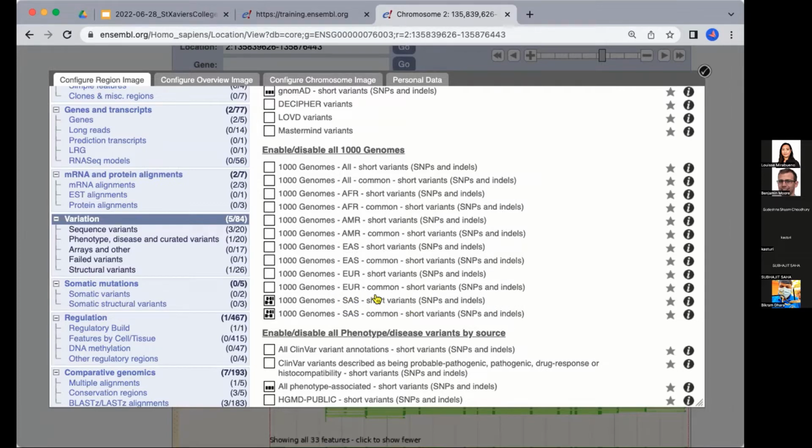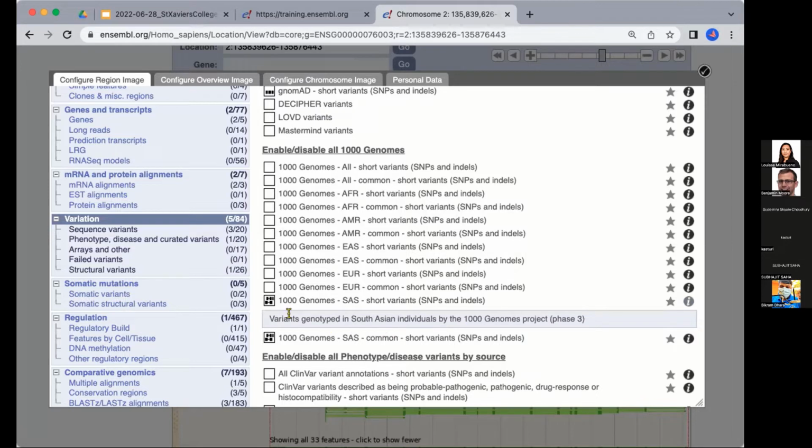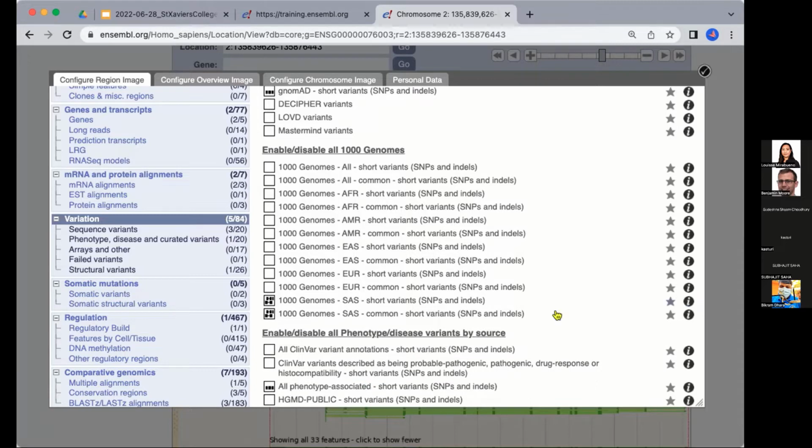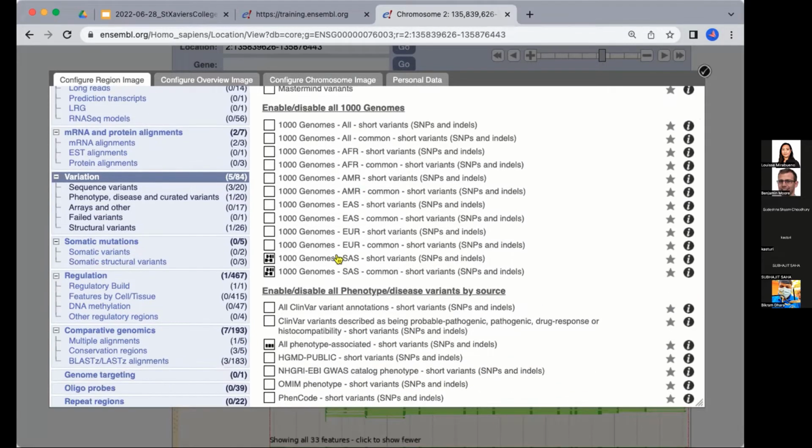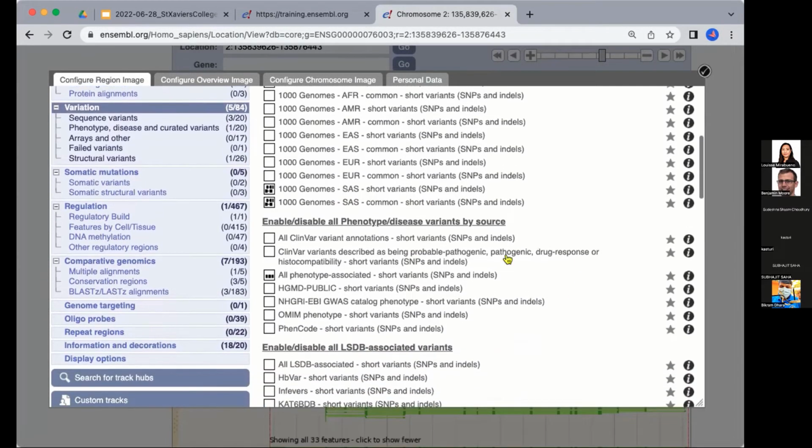If you're not sure what the track represents, or if you need a description of the track, there is this eye icon on the far right. And if you click that, it just gives you a little description of what data you can find in this track. If you click that again, it just closes that little window again. So I'm going to keep the South Asian tracks on,